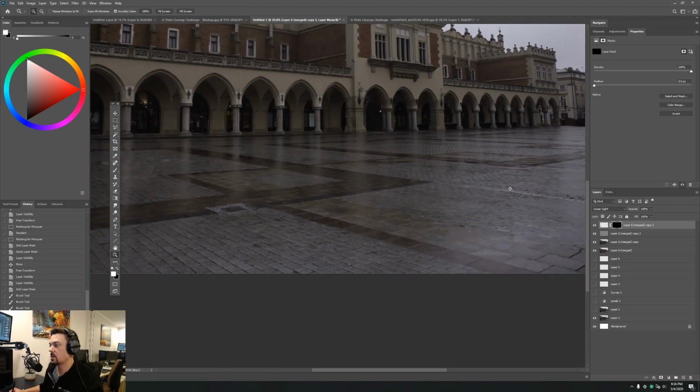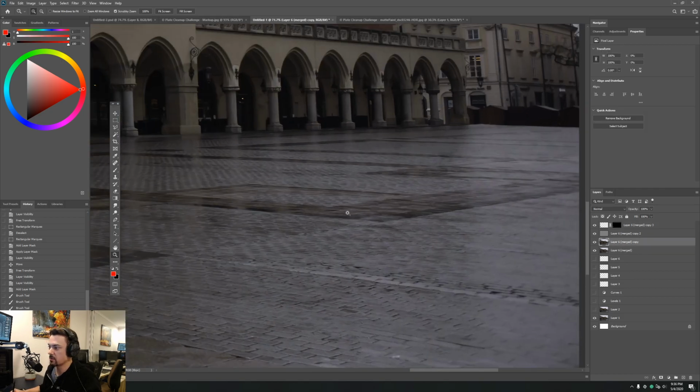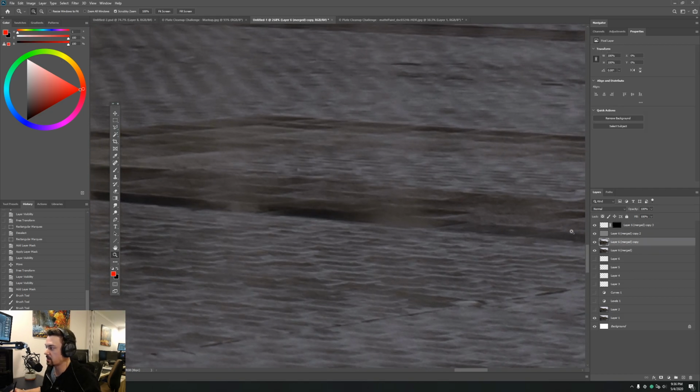So that's actually a really great way in general of getting rid of stuff like this. On this underlying layer, I can come in here and paint out, or let's say with dodge and burn, I can just come through and lift these areas. Let's go midtones. So I can come through here and I can lift that